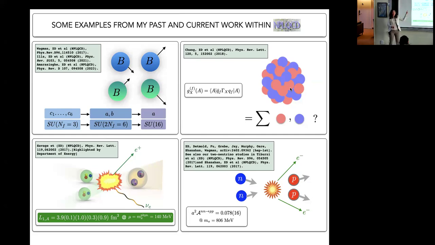We can look at even larger objects. We can look at a nucleus that has 2, 3, or 4 nucleons inside it. So these are like 4-body objects. But if you think about them, they're infinite-body systems because there are all these quarks and gluons, quantum fields, inside them. And we can simulate them. We can look at the response of an object like that to a dark matter candidate, just something that experiment would care about, okay? And ask the question of whether the response is the sum of the responses of the neutrons and protons individually, or are there nuclear or correlated effects because it's a quantum many-body system.